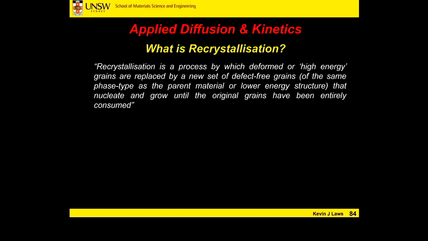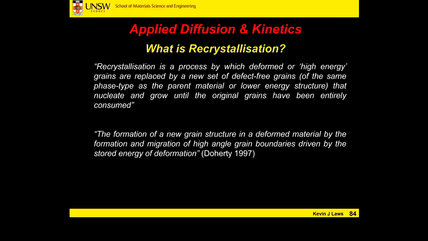Just a definition here. Recrystallization is the process by which deformed or high energy grains within a material are replaced by a new set of defect-free grains of the same phase type as the parent material or a lower energy structure. Right? So these nucleate and grow until the original grains, these highly deformed grains that we're going to look into, have been entirely consumed. It's kind of like hitting the reset button on a piece of material that we've deformed heavily and put a lot of defects